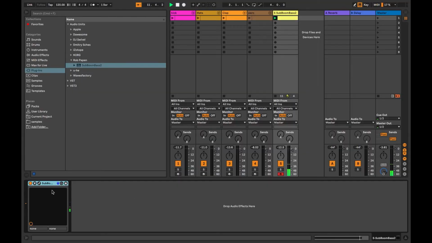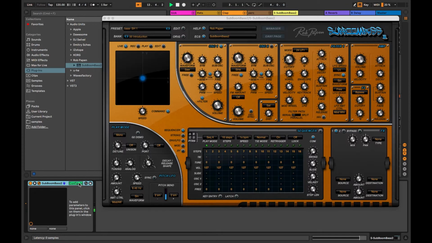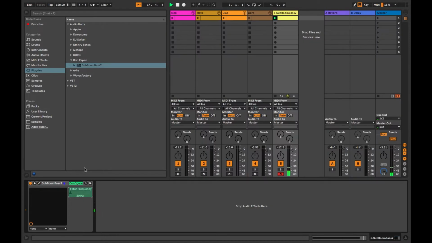Take away the percussions so you can hear the bass. Now whenever you're using third-party plugins, you can open up here and click configure. Configure allows you to open up your plugin, and no matter what you touch, it will now be able to be run in Ableton. You can automate it in Ableton. So as you can see, the filter frequency is what I've chosen, and as I turn this up,